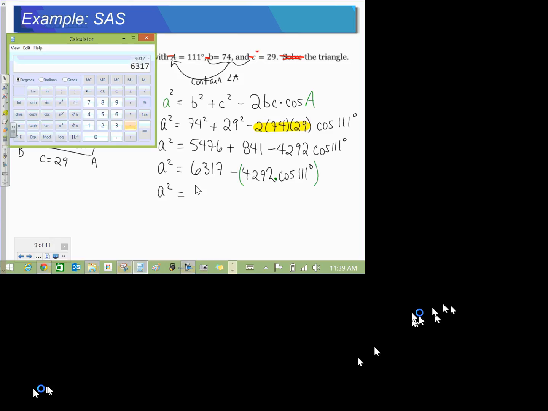So with an open bracket, I'll take 4,292 multiplied by, you can see I don't have a bracket up there. Let's try that again. 6,317 minus open bracket, there it is, 4,292 multiplied by the cosine of 111 close bracket equals